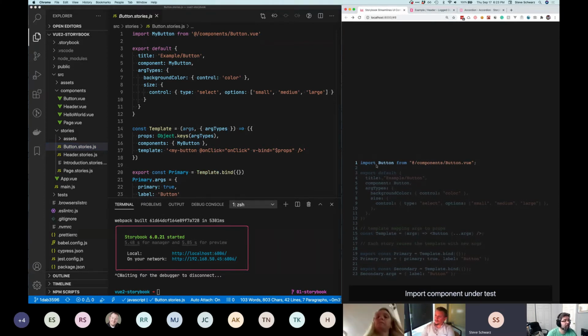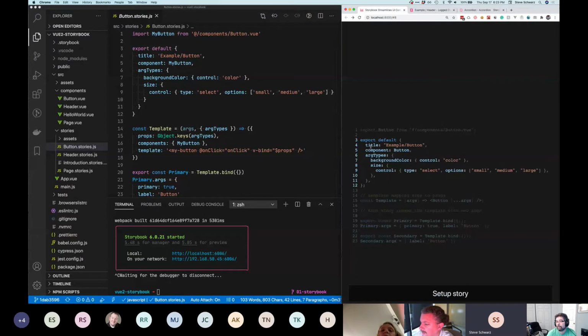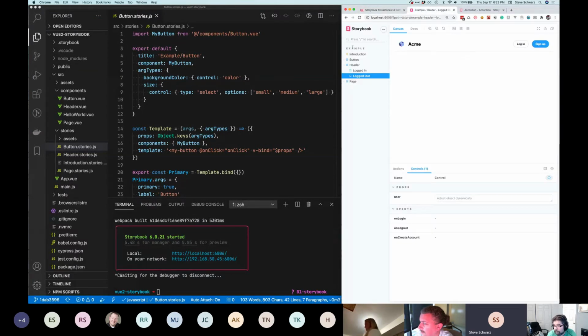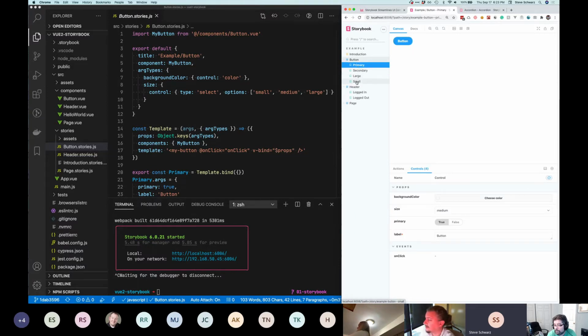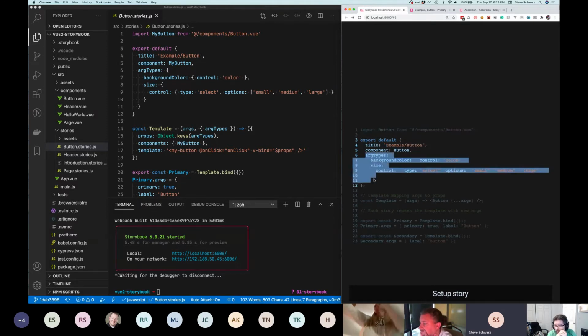The basic notion is you import the component itself. Right, that's the component you want to write a story for. Then you export an object which says, hey, what do you want to call this thing? And this example slash button is what makes it render example button. And then each story will be automatically put underneath it. You tell it what component to render, which is the guy you just imported. And then this is all optional. This basically says for any props